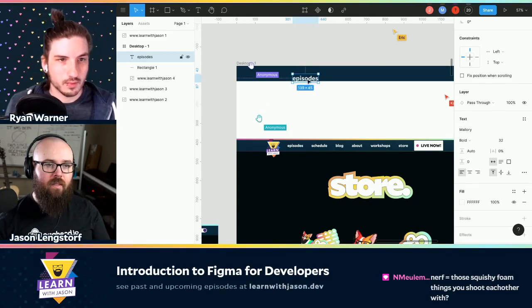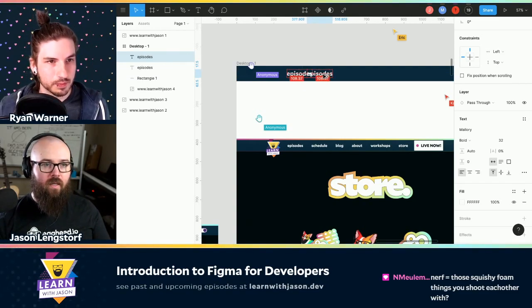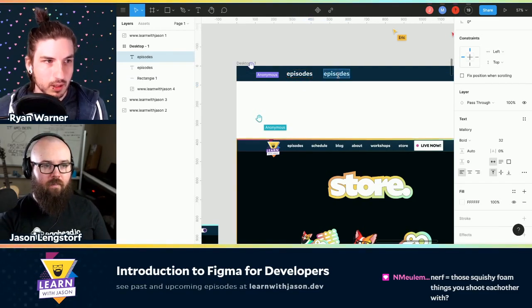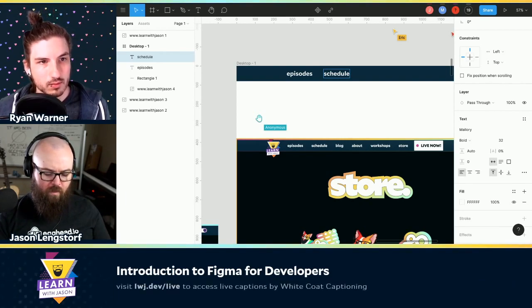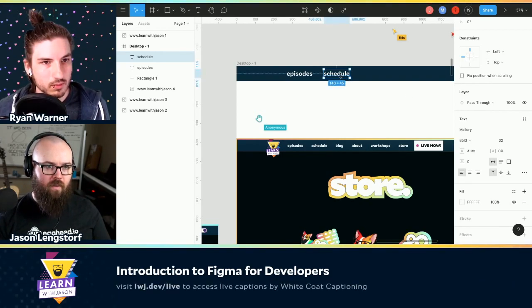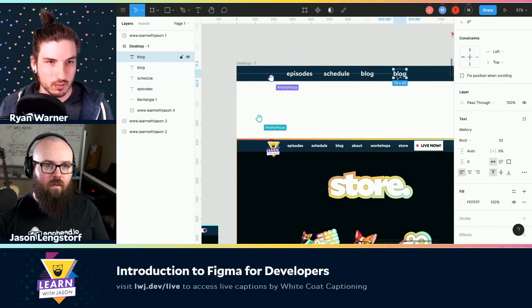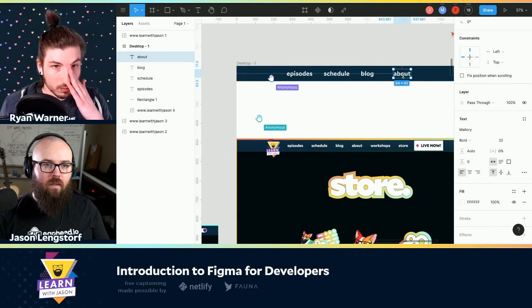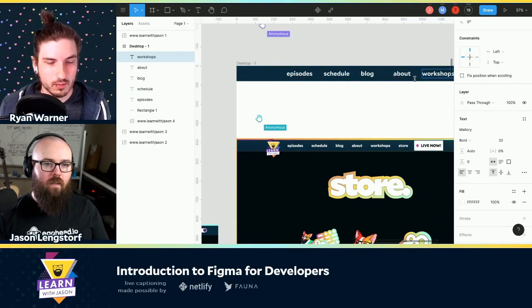That's looking all right. So then I can move these really fast. I'm going to hold Alt and just drag out a copy. And then I can just edit these really fast. And if I hit Command Return, it deselects so that I don't have to click out. That's a good one for me. About, workshops, and